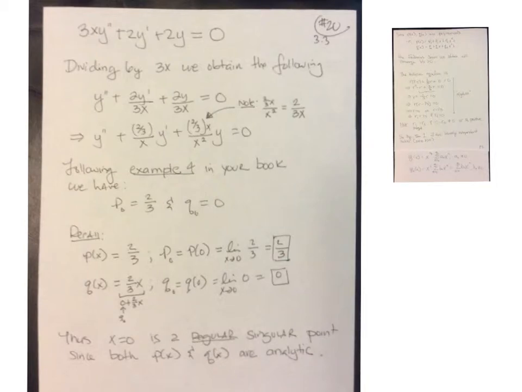Okay, this is number 20 in section 3.3, and you'll notice that I wrote, this is a third of the problem. It's a very long problem, and I wrote it out just because if I actually do the problem by writing it out as I'm talking, it would take maybe 20 minutes of video or 15 minutes of video. So hopefully this is clear and it makes sense. Number 19 says, find two linearly independent Frobenius series solutions for x being positive for the differential equation. So I'm going to go ahead and start with